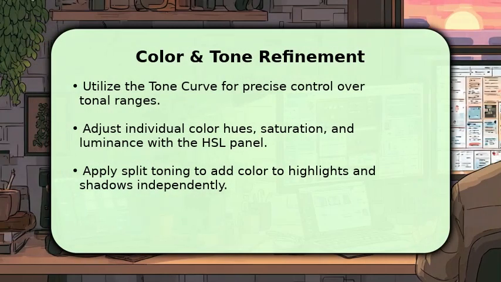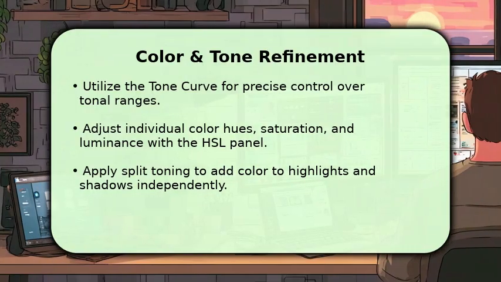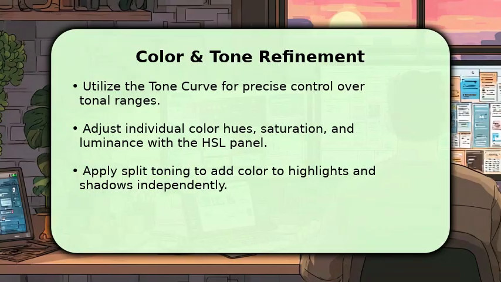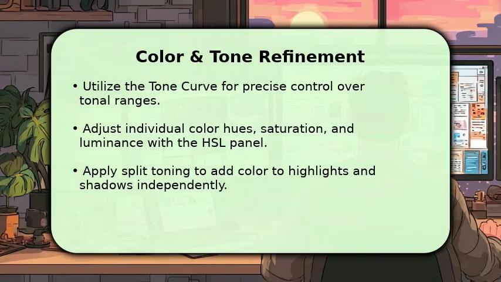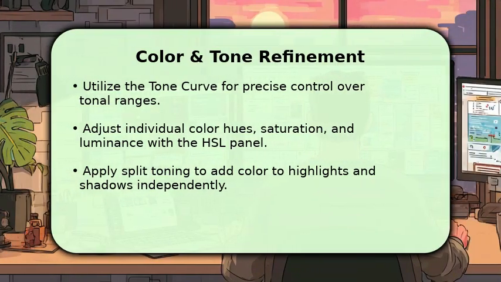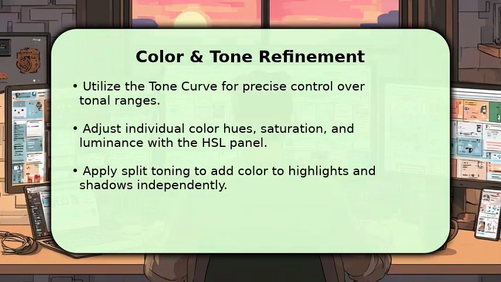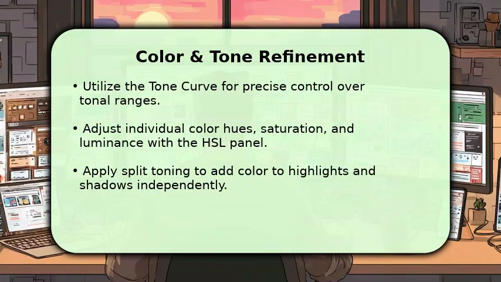Next, let's refine your image's color and tone. The tone curve offers powerful control over specific tonal ranges, allowing for subtle or dramatic adjustments. Dive into the HSL panel to individually tweak the hue, saturation, and luminance of each color, giving you immense creative